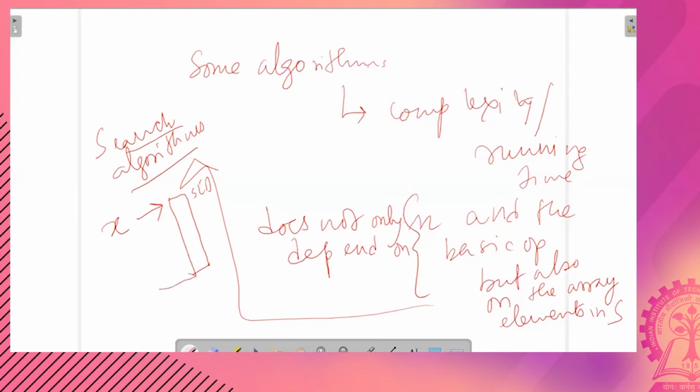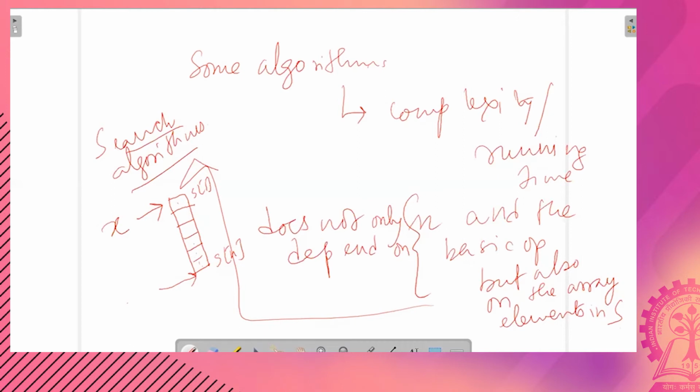However, if x matches with Sn, then we need n comparisons, right? So depending on the different values in the array, the running time complexity actually differs.